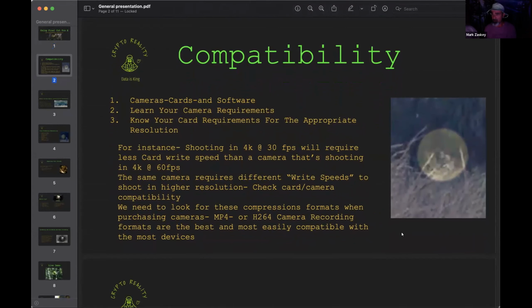And it begins with number one right here. Cameras, cards, and software all have to be compatible. When you buy a camera, one of the first things that you're going to be interested in is how it's recording. And so you're going to look into that, and it's going to tell you the type of card that you need. What we found is that oftentimes in these instructions, they fail to tell you that if you're going